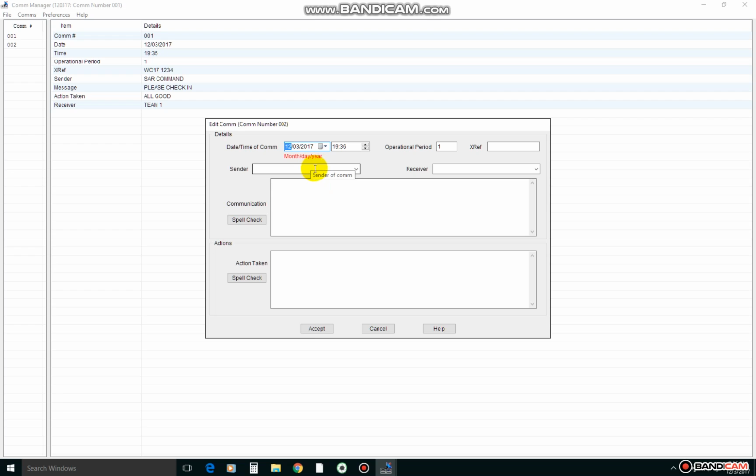The great thing about this program is it auto-populates. If you left-click the down arrow, you can see there's SAR Command again. And of course over here will be Team 1. We have a choice, but say it's somebody else, like a staging manager or something like that. Like I said, I need spell check. And then whatever the information is there, and then what you hear back, and that would be left click accept,